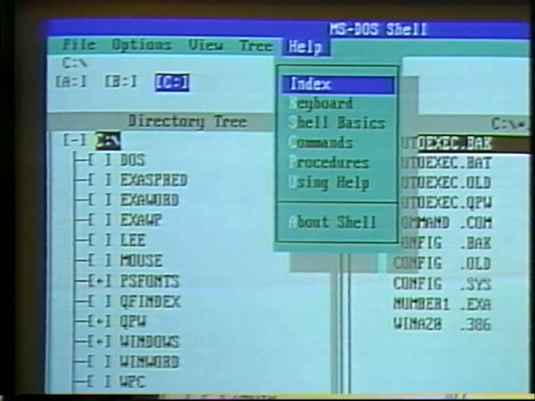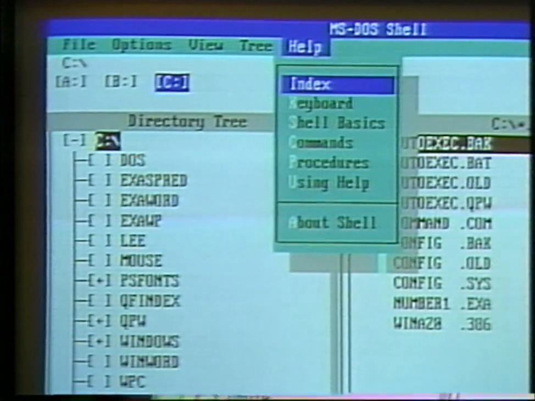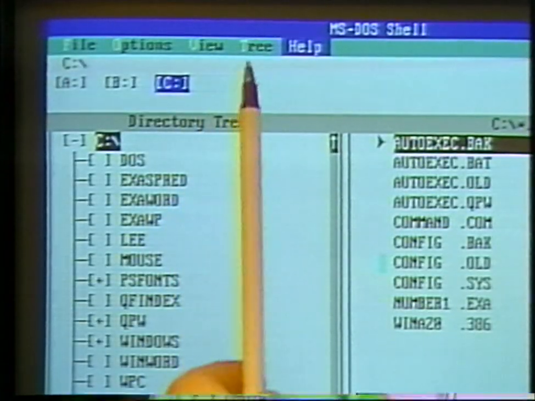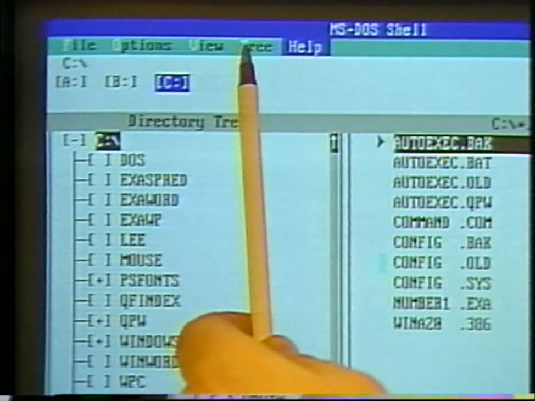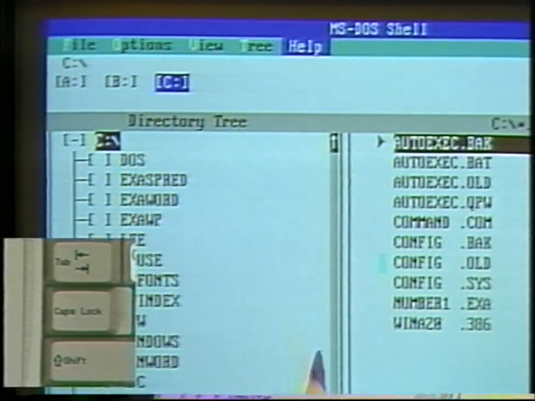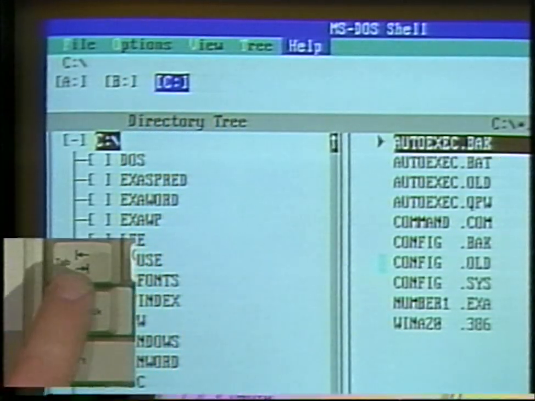We close the menus by using the Alt key again. Hitting Alt closes the menu. Notice we can also choose from the menus by using the highlighted letter as well. Now we move to other areas of the screen using the Tab key. You press Tab